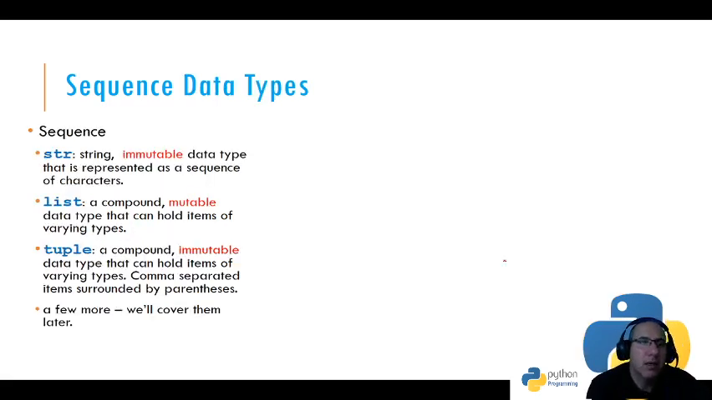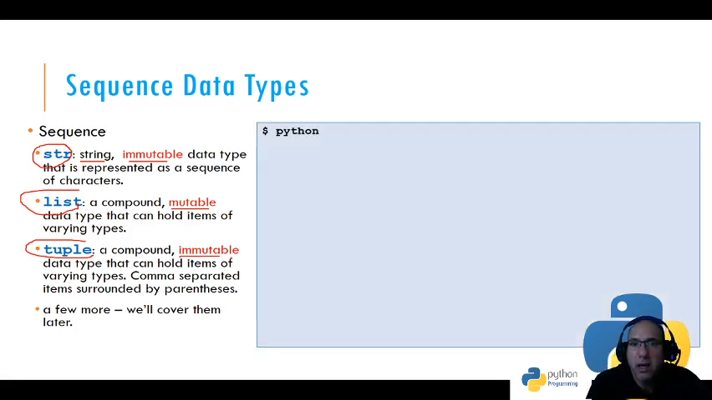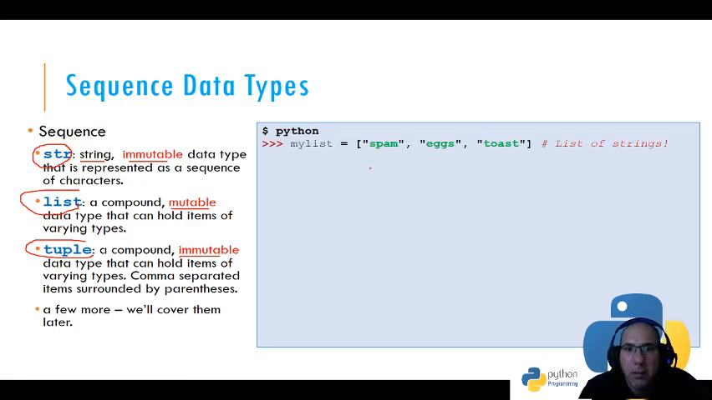So as we said, we have 3 major types. The str, which is a string, is immutable. We have the list, which is mutable, and we have the tuple, which is immutable. Maybe we didn't talk much about the tuple, but we will cover them more in the future. If we want to see an example, we can have my list have spam, eggs, and toast. This statement creates a list with 3 items. This is item 0, this is item 1, this is item 2. It has 3 items, so I can